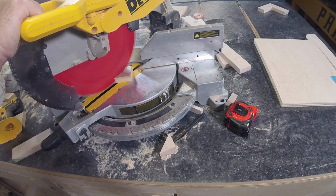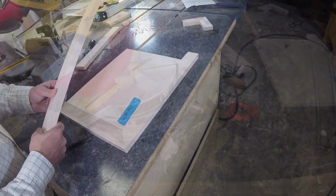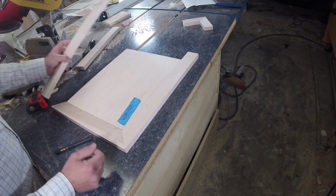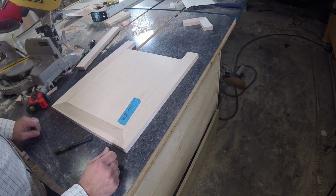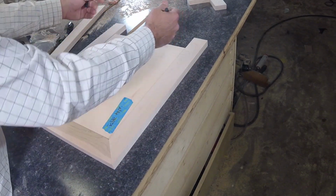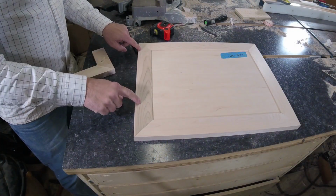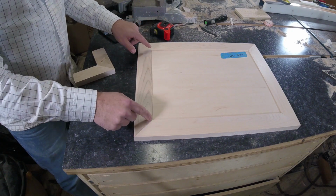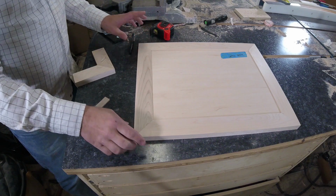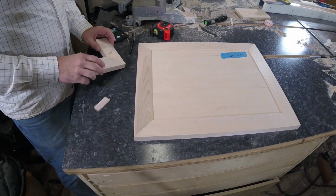And now that I think I have this exactly where I want it, I'm going to put a 45-degree angle on this piece and we'll do a test fit. And that looks like a pretty tight fit. Now I'll mark the other two sides, cut the miters, and make a piece that fits over there. Okay, after I cut them a little bit oversized and spent a few minutes trimming the edges down until I had a perfect fit, at this point I have a fit that's good enough for me,